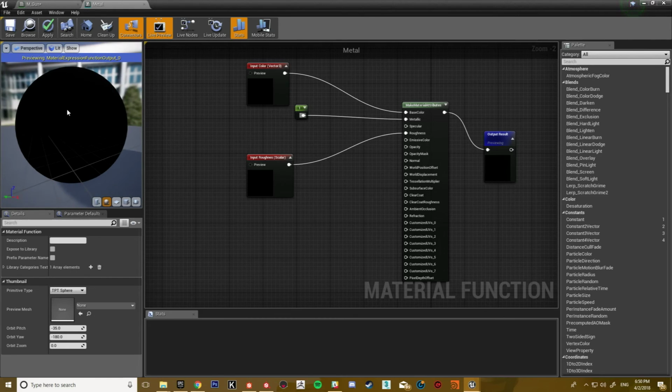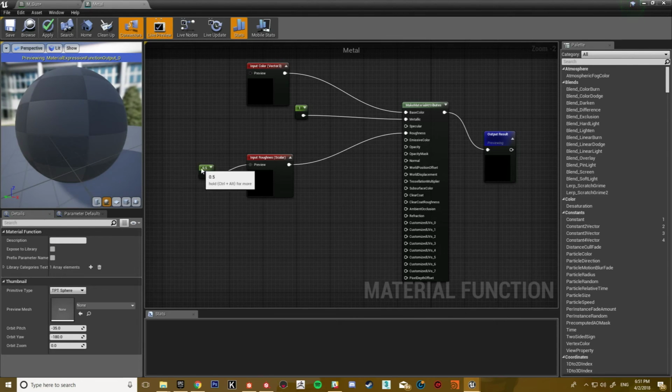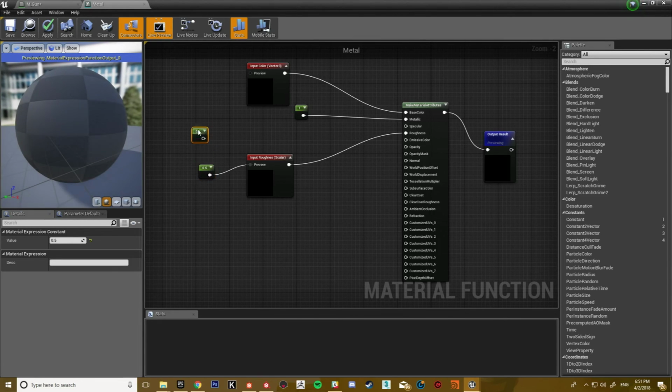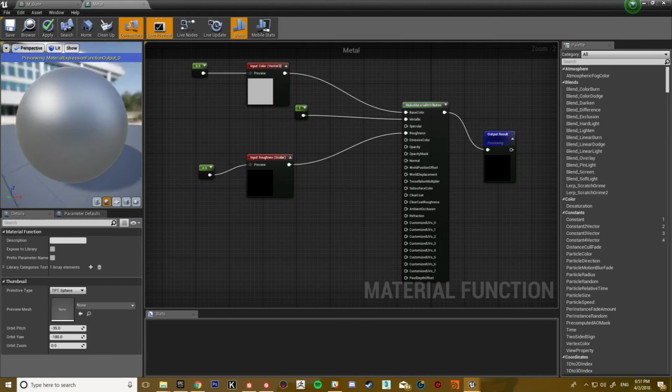This preview is going to mess up because these inputs don't count as things, so you're going to want to input things into the previews. So for example, I want the preview roughness to be 0.5, and I want the preview colour to be a medium grey as well, even though it's a vector 3. So now that looks a lot more like a metal that I might want.